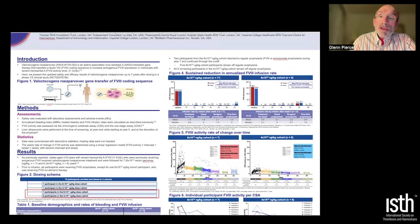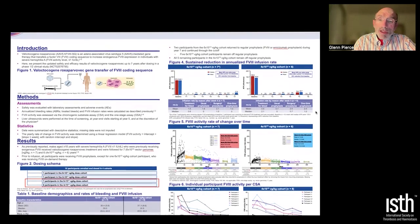Looking at the annualized factor VIII infusion rate, we see that it has also remained relatively low. Blue bars are means. But there have been infusions in these patients for various reasons, either bleeding or surgical procedures, for instance. One particular patient at year 7 went back onto prophylaxis. Actually, 2 patients in year 7 went back onto prophylaxis, which increased the annualized bleeding rate for the 6E13 cohort. For the 4E13 cohort, the infusion rate has gone up a little bit in year 6 to 3.5, and that's due to a patient having repeated bleeds in his ankle,